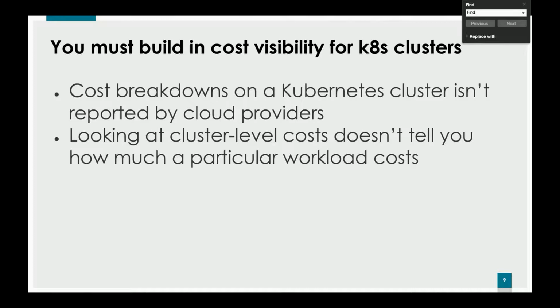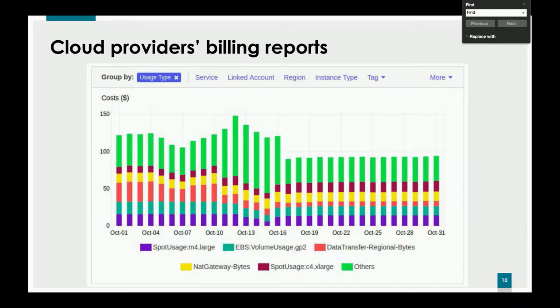of the products. So the cost breakdown in Kubernetes isn't really provided by your cloud providers, right? A lot of times, the cloud providers don't know you're running this thing called Kubernetes on top of their nodes, and they really only show you what they're billing you. So here's an example of an AWS billing report. They're really good at slicing and dicing items that they charge you for, but they're really selling you